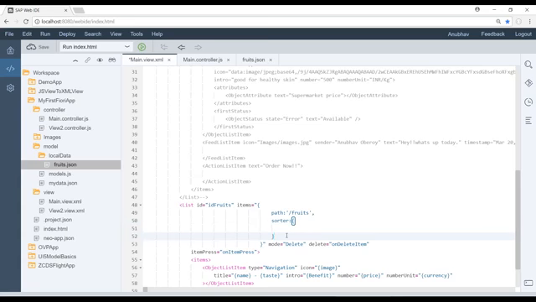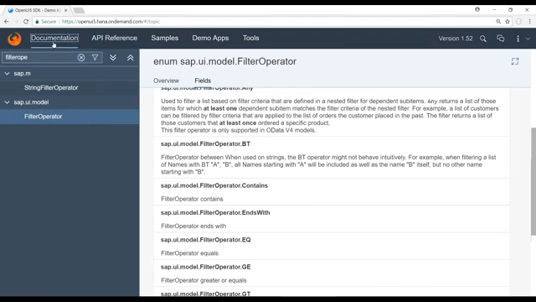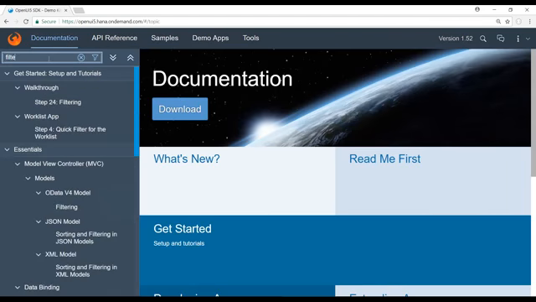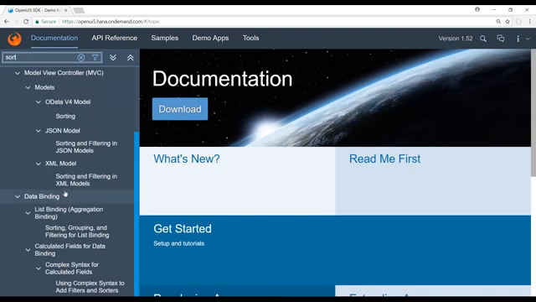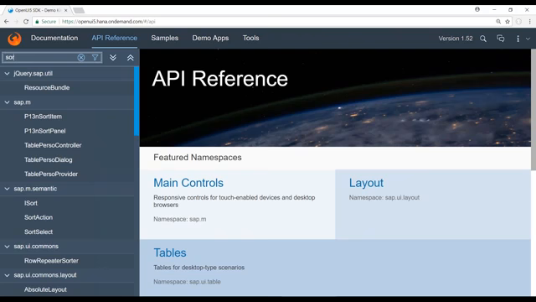Whom do I take help from when I'm stuck somewhere, when I don't know what to do? What is my first approach? Yes, SDK. Go to SDK, search in the documentation of SDK, search for filter, or let's say sort, list control, or maybe sort. Search for sorting, and then you see, oops, I don't find, maybe I go to reference and I say sort,